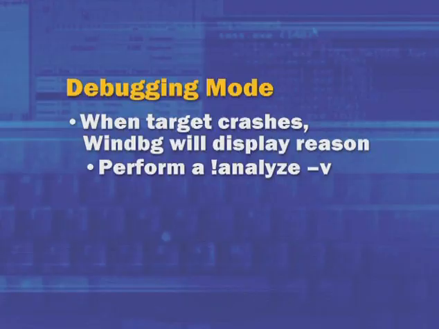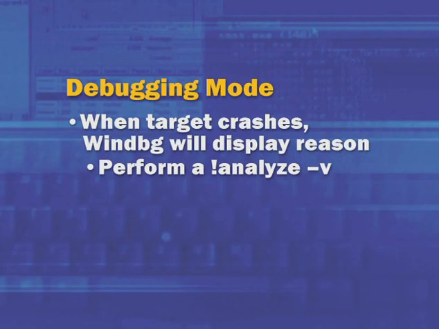If we were trying to connect to a system that was hung, we would have to at this point click debug break, which would send the appropriate commands over the interconnect to break into the kernel debugger on the target system and allow us to then go inspect and see what was going on at the time of the crash or the hang.